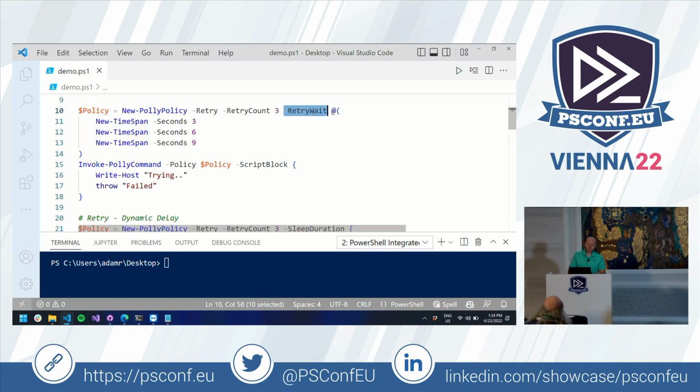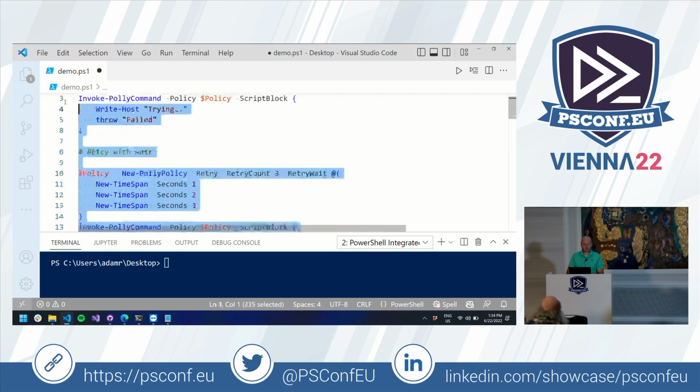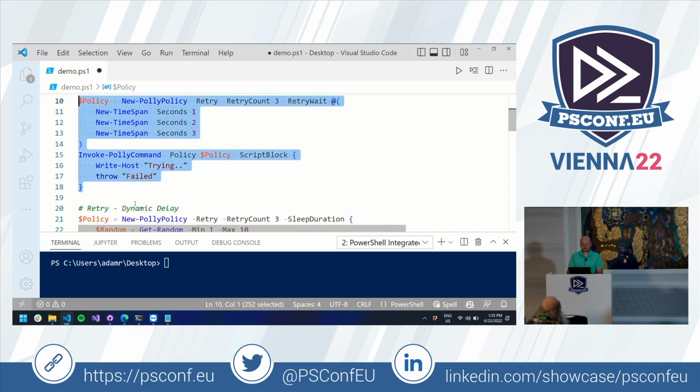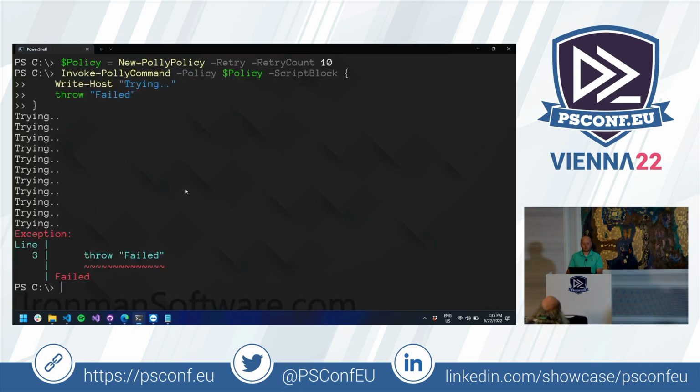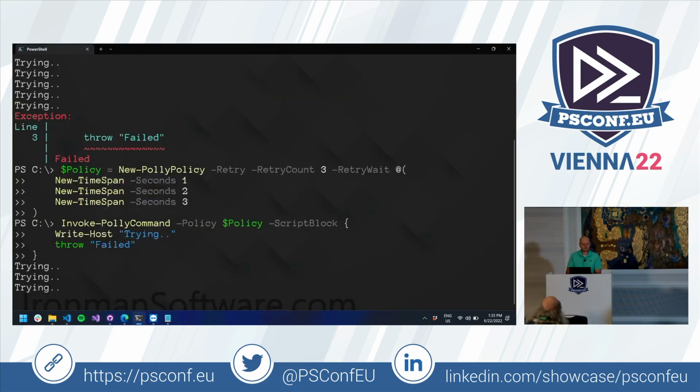You can actually put in a retry wait. So the first time this runs, it retries, it's going to wait 3 seconds, then 6 seconds, then 9 seconds, and I'm going to change all this so they don't have to wait that long. Oh, okay, that's fine. All right, I'll run this example, and then I'll jump to a different type of functionality. 2 minutes, I got it. So you can see now it's waiting. And then it's going to throw it. All right,